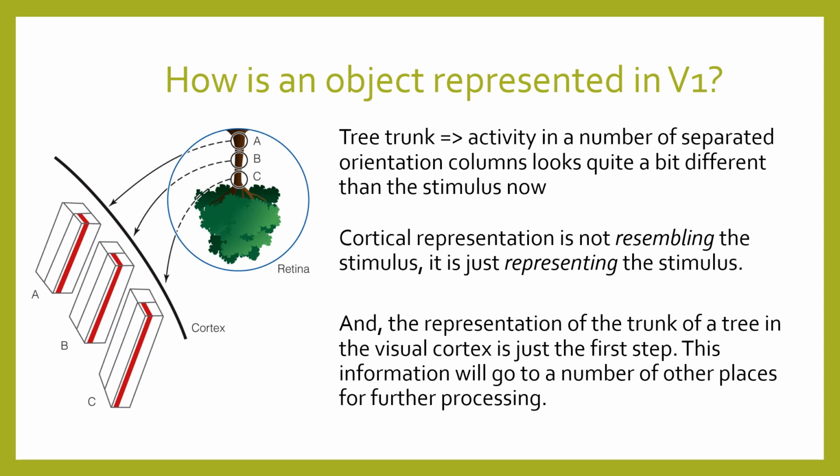And then within that, there's going to be an orientation column that is responding. The orientation column responding to vertical lines is going to be the column that is now responding. And these are going to be separated in the brain in such a way that we are now representing the stimulus in a really different manner, so that we cannot say this cortical representation resembles the stimulus. Right? The representation of the tree trunk in the visual cortex is the first step. And we need to put this information back together to see that this is a tree trunk and not these